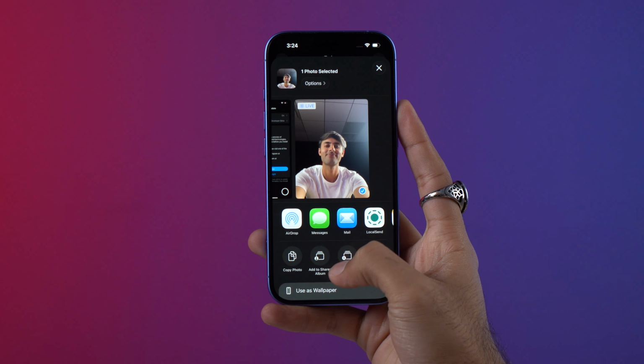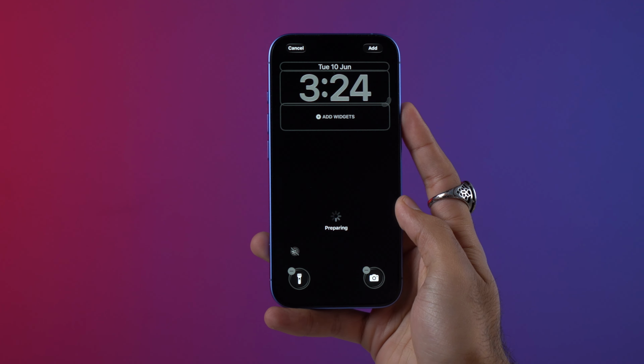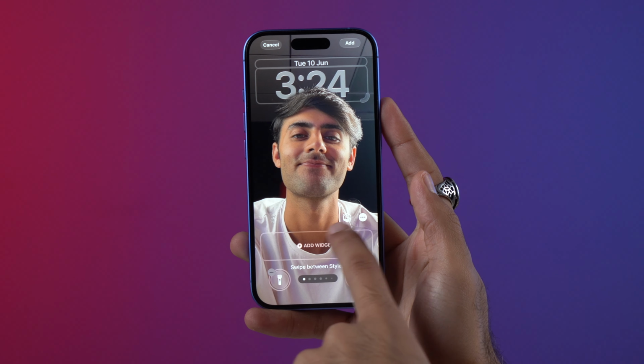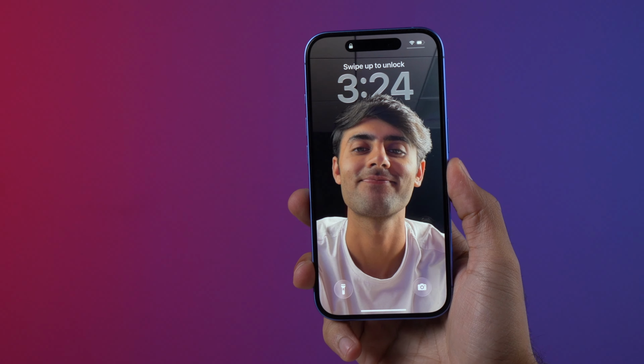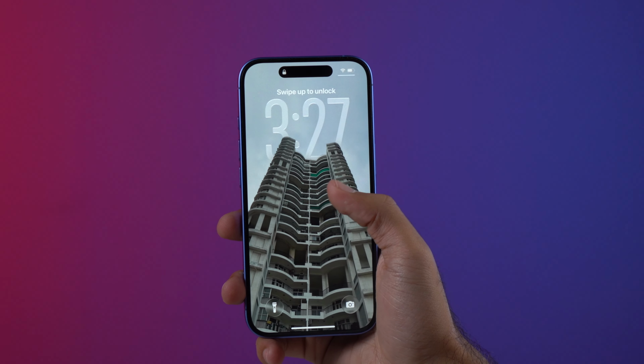First and foremost, lock screen. It has gotten really interesting. Check this out. I have this picture in my gallery and I want to put it on my lock screen. But what's even crazier is that I can just tap on this button and now this wallpaper is a 3D wallpaper. Cool, isn't it? Adaptive lock positioning. By now you must have seen how this feature works. The clock adjusts itself according to wallpaper.